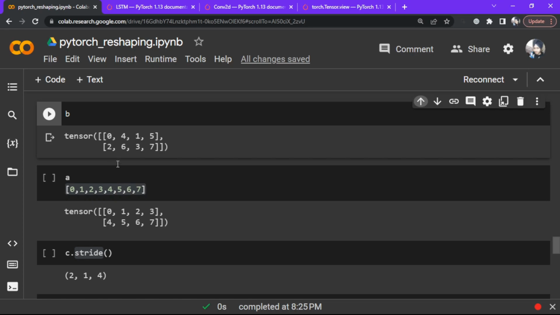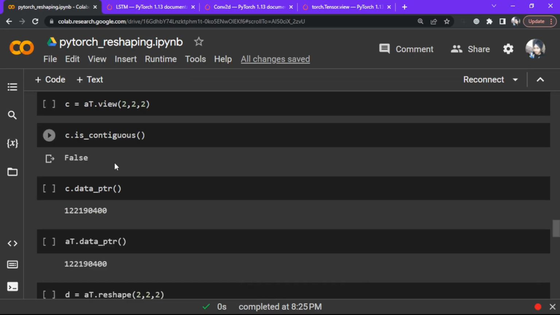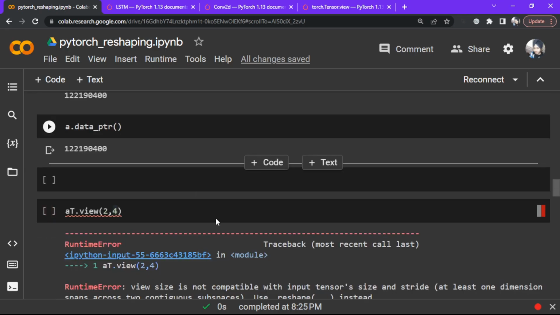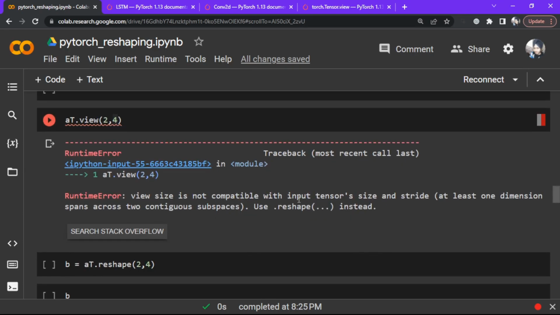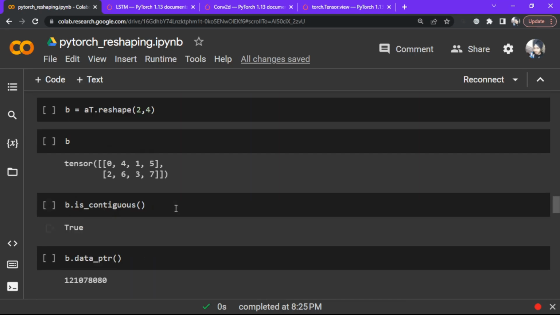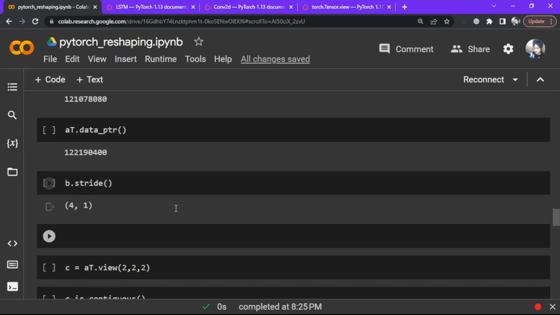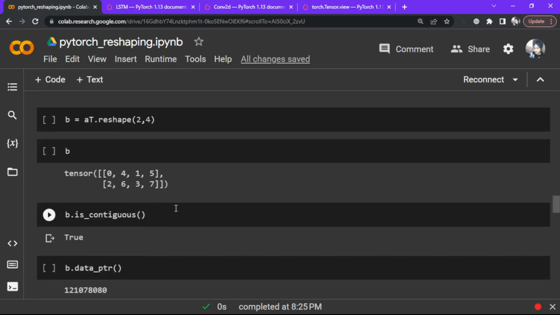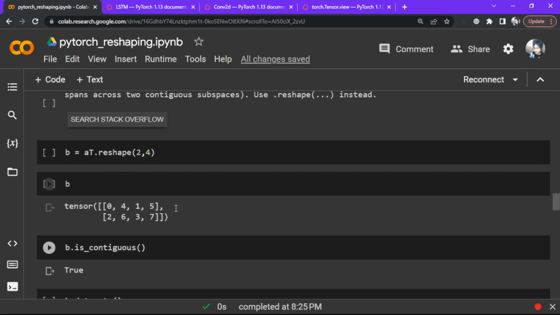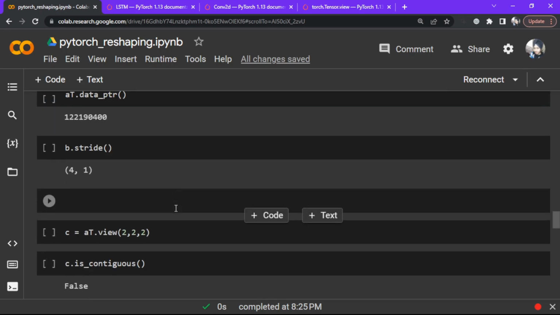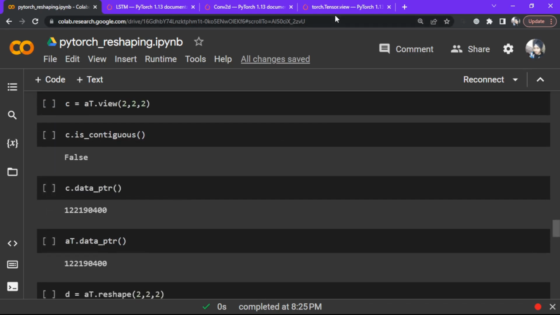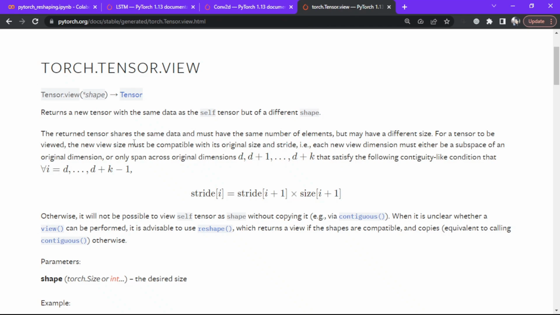From 4 to 1, how will we go from 4 to 1 given this memory representation? We cannot go. That's what the error was also saying. If you look at the error now, view size is not compatible with the input tensor size and stride. At least one dimension spans across two contiguous subspaces. So at least one dimension is spanning across two contiguous subspaces. All right. And if we look at the documentation of view in PyTorch,